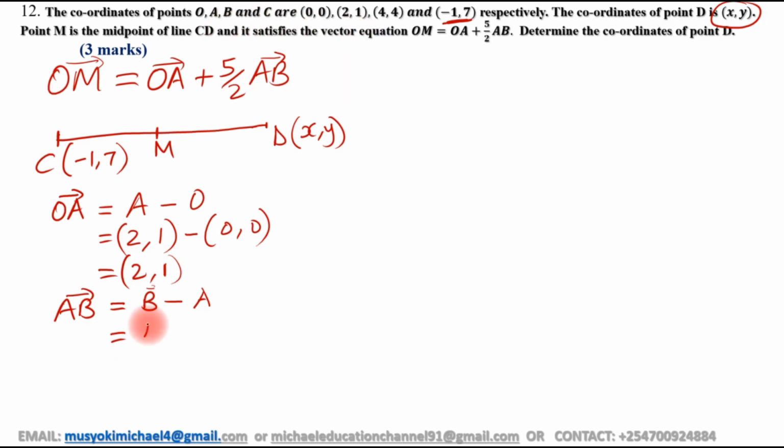Then we also get vector AB. To get vector AB, the coordinates of B minus that of A. The coordinates of B are (4, 4). The coordinates of A are (2, 1). Therefore, 4 minus 2 is 2, and 4 minus 1 is 3. That's for AB. Therefore, to get OM,